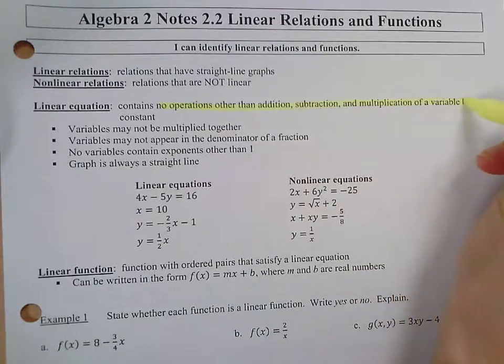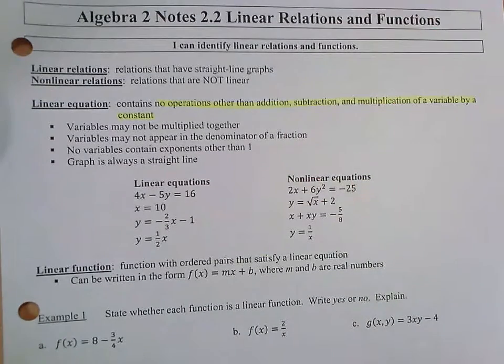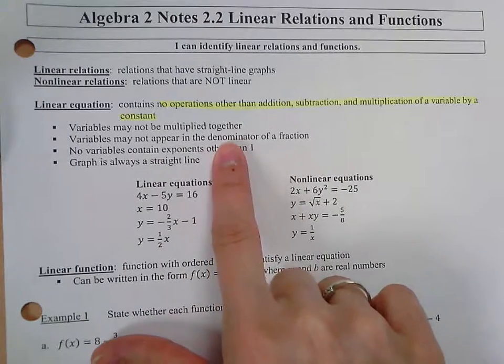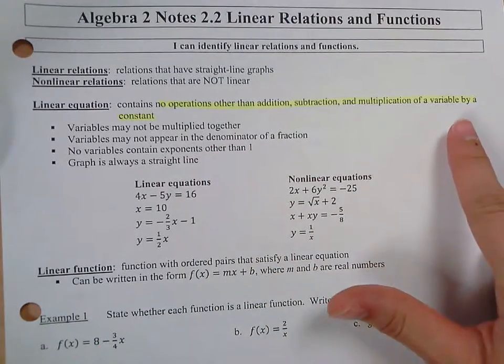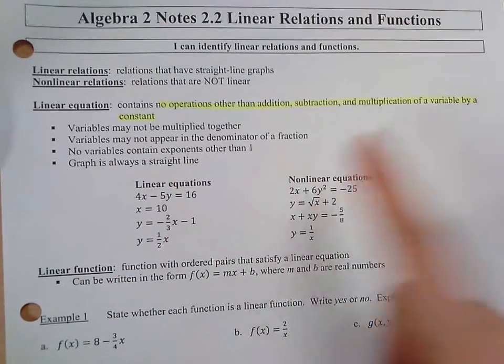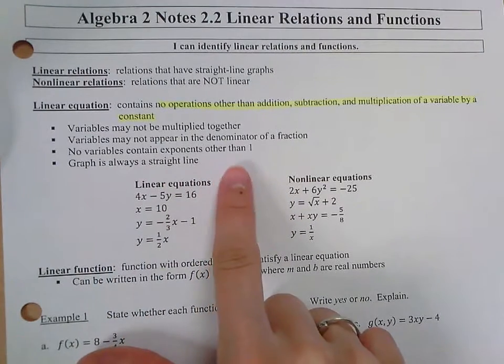So notice division, specifically division by a variable, is not in there. So I have some bullet points listed there of things that linear equations could or could not contain. But in a linear equation, this means that variables may not be multiplied together. So it's just multiplication of a variable with a constant. Variables may not appear in the denominator of a fraction, so no division by a variable. No variables contain exponents other than 1,